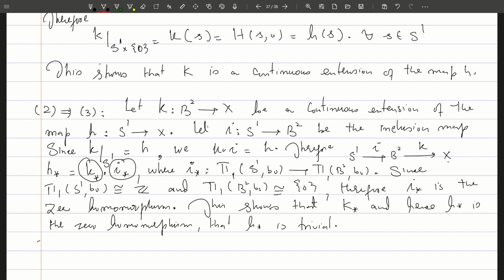Now finally let us prove third implies first. So let P from R to S1 be the standard covering map. That is,